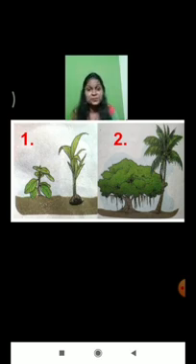Okay, so that is the difference between the coconut and the banyan. Is that clear? Likewise, there are different varieties of plants around us, and each has different characteristics of growth. We can't say that plants only become taller and taller, or that they will become wider and wider. It depends on the plant and on the climate. Is that clear to you, students?